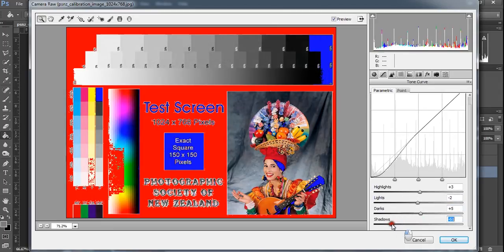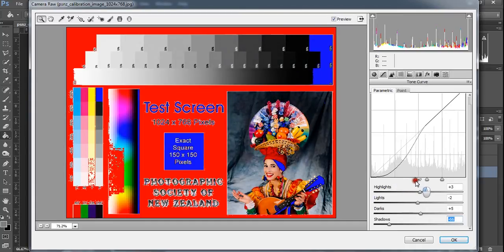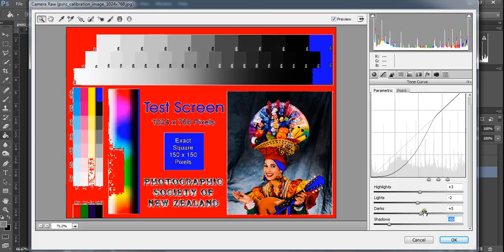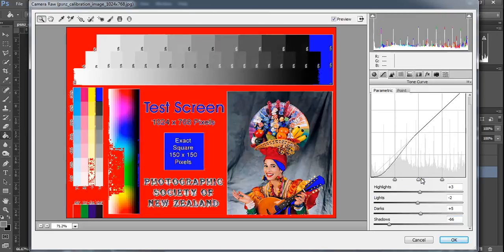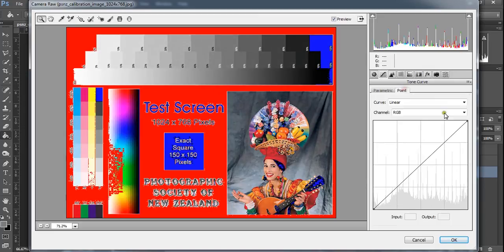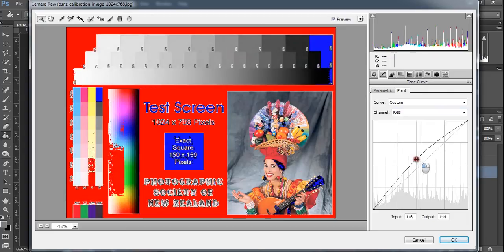And if you really need to, you can actually change the point that those pieces take effect. So you can drag that line down and increase the contrast in the blacks. Obviously, to revert back to our old version, Control Alt and Z will back us up and reverse, or you can type in zeros. I actually prefer the point version, and you can simply grab a point on the curve